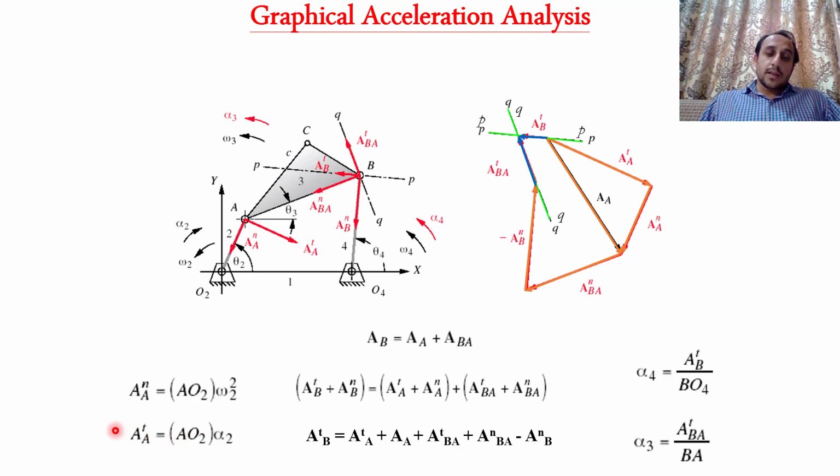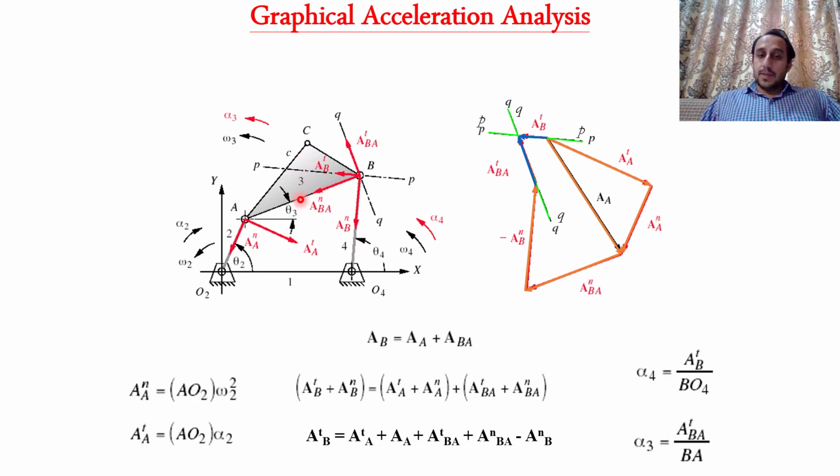इक्वेशन व्हिच इज ट्रांजिशनल कंपोनेंट ऑफ एक्सेलरेशन इज इक्वल टू मैग्नीट्यूड मल्टीप्लाई बाय एंगुलर एक्सेलरेशन। इस इक्वेशन को यूज करते हुए हम क्या कैलकुलेट कर सकते हैं, हम कैलकुलेट कर सकते हैं एंगुलर एक्सेलरेशन ऑफ लिंक 3 एंड एंगुलर एक्सेलरेशन ऑफ लिंक 4। ठीक है जी, तो एंगुलर एक्सेलरेशन ऑफ लिंक 4 विल इक्वल टू व्हाट, टेंजेंशियल एक्सेलरेशन कंपोनेंट ऑफ पॉइंट बी डिवाइडेड बाय द लिंक लेंथ व्हिच इज BO4। ठीक है जी, वी आर टॉकिंग अबाउट दिस वन, तो इसका हम एंगुलर एक्सेलरेशन निकाल सकते हैं।